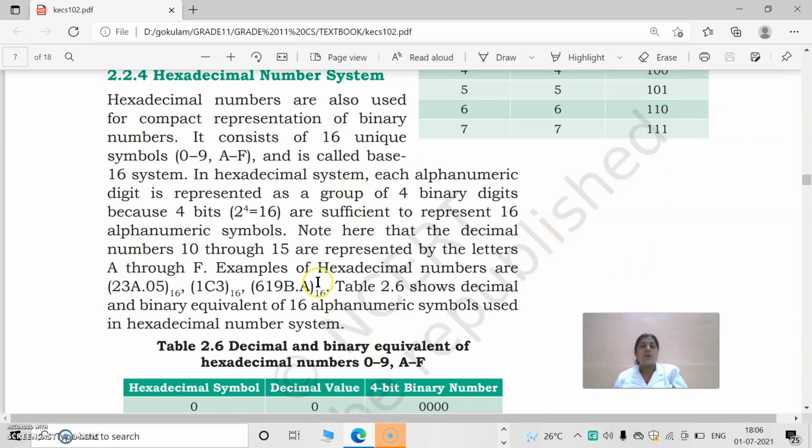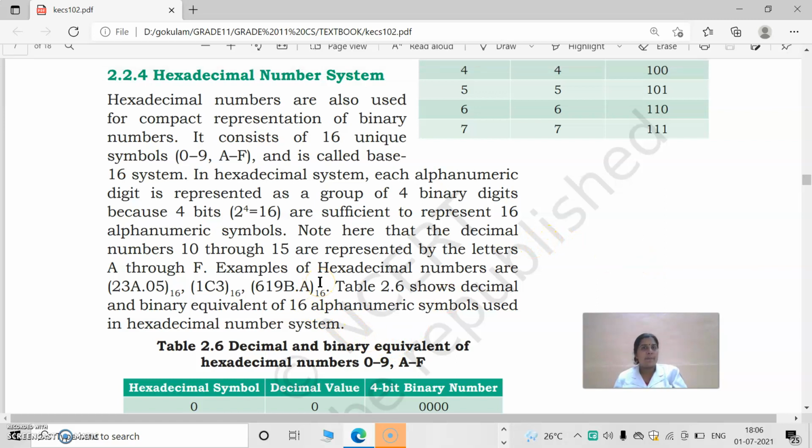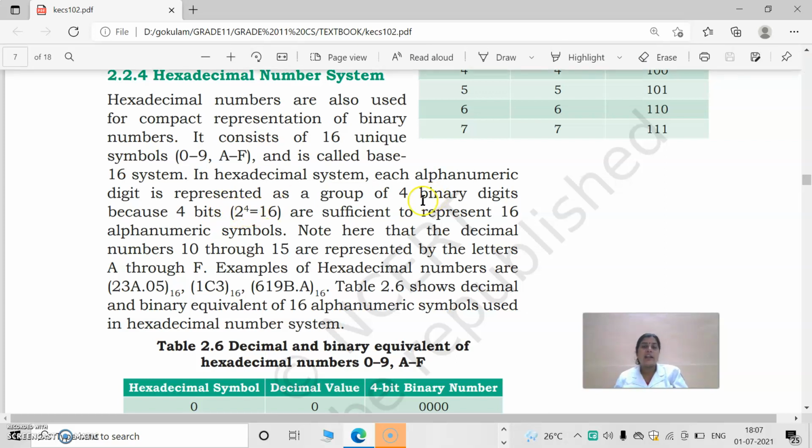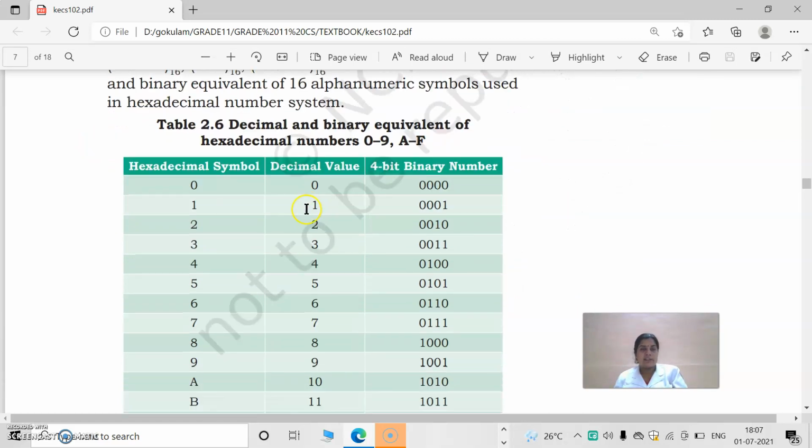Base 16. So here we will use 4 bits to represent each digit in binary representation. This can be calculated by an easy method, because we know that the base of the binary system is 2. The hexadecimal system will use 4 bits to represent a number. So 2 raised to 4 equals 16, so 16 numbers we can represent. In the octal system, we use 3 bits to represent an octal digit. So 2 raised to 3 equals 8. Like that we can represent our system.